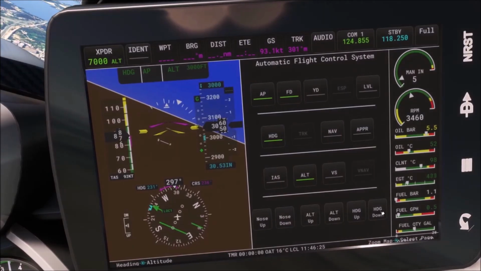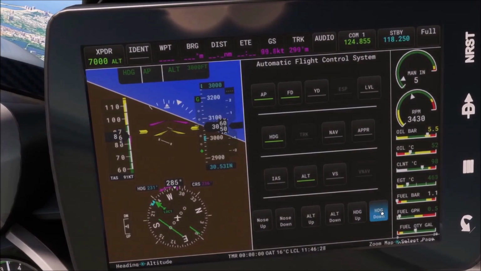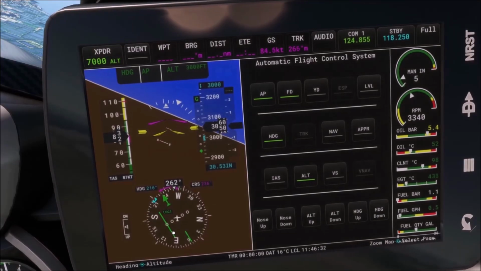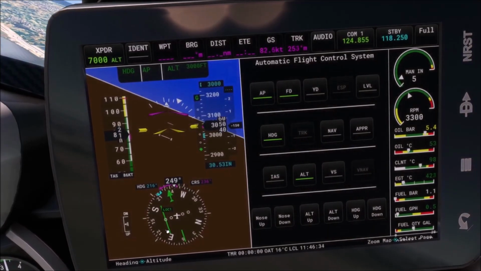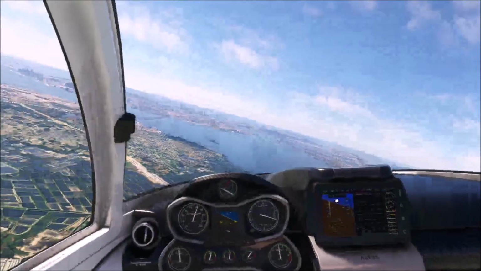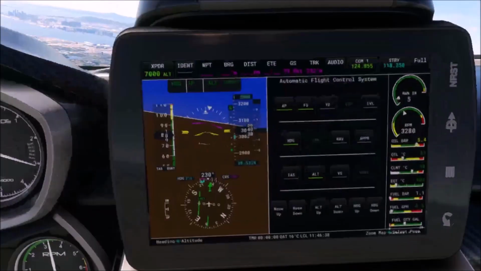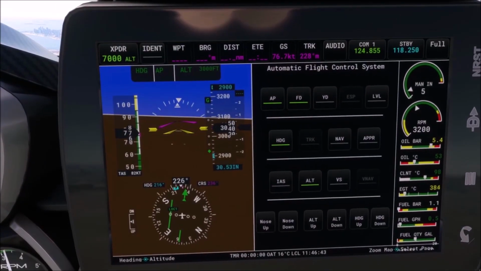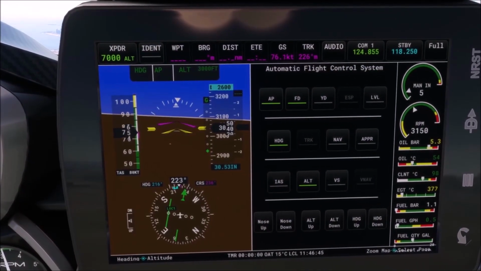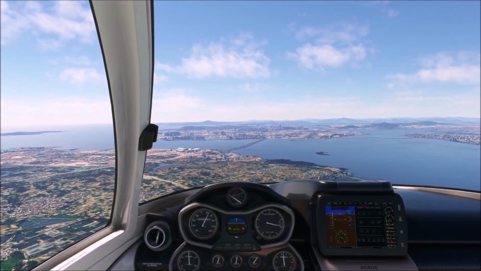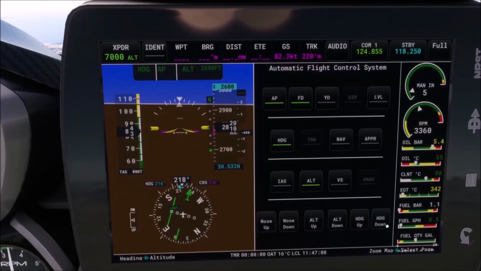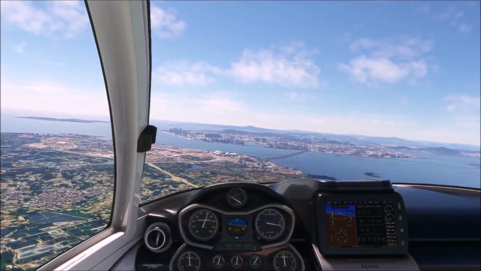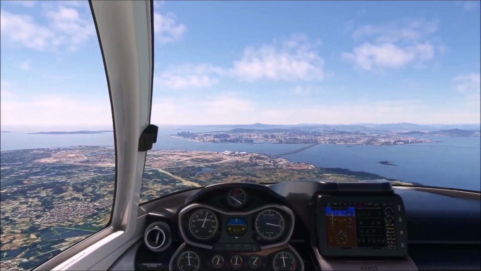We can as well turn slightly more, because I see here on the lock mode there is some deviation, and I can as well start descending to 2500 feet. Changed my heading again slightly. And I can continue descending,